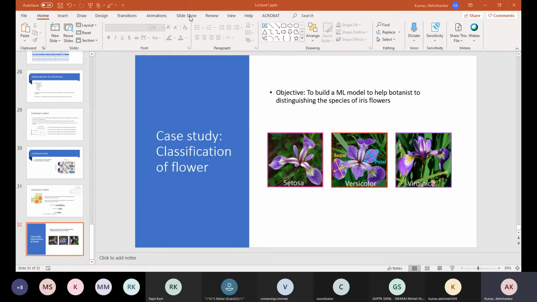Then petal length, and then petal width in centimeters, and then species, whether it is iris setosa, iris versicolor, or iris virginica. So we have 4 features, and corresponding to these features we have the species. So the data is simple.